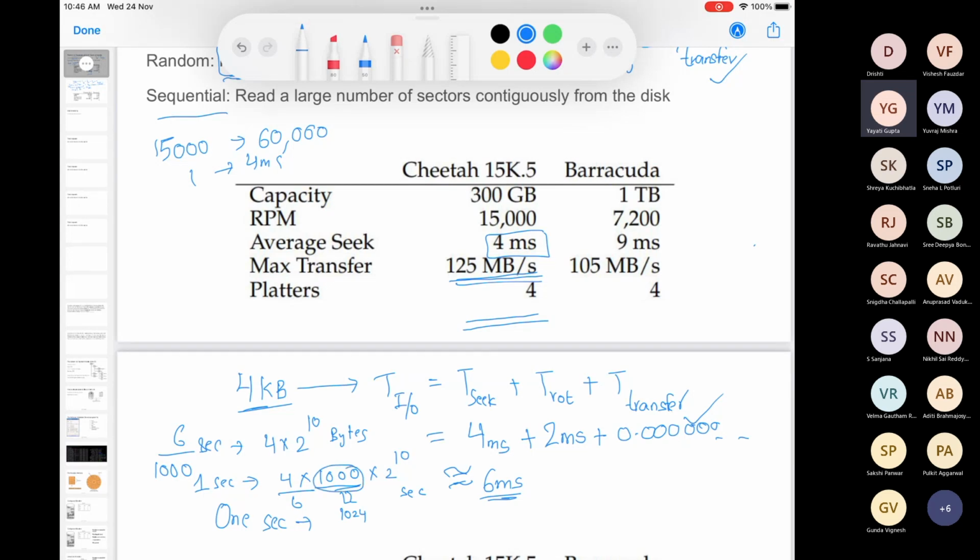So you can actually replace this 1000 here. You can approximate it to 2 to the power 10, which is 1024. Right? This entire thing, 2 to the power 10 into 2 to the power 10, it is 1 megabyte. So how much is it? It's close to 4 by 6 megabytes, which is 0.66 megabytes.